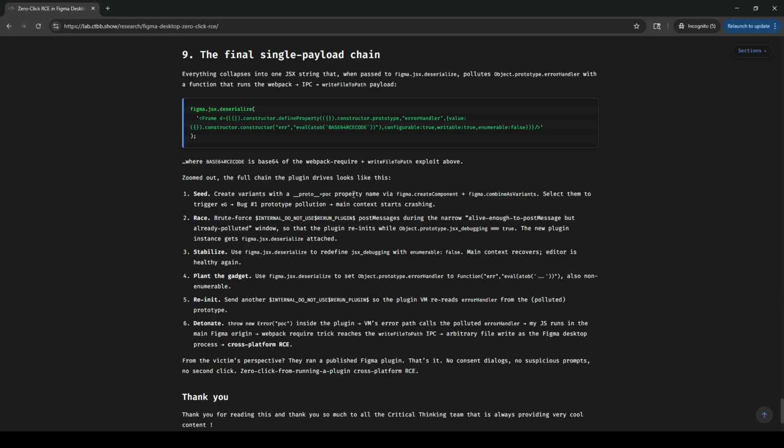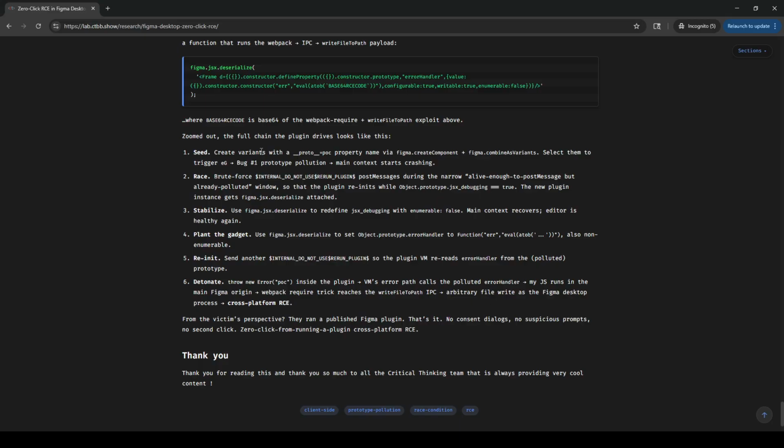Zoomed out, the full chain the plugin drives looks like this. One, seed: create variants with __proto__ equals POC as the property name via Figma createComponent, combineAsVariants. Select them to trigger bug number 1, prototype pollution. The main context starts crashing. Erase: brute force the restart call over the bridge using narrow, alive enough to postMessage but already polluted. The window plugin reinits and has JSX debugging true so that the